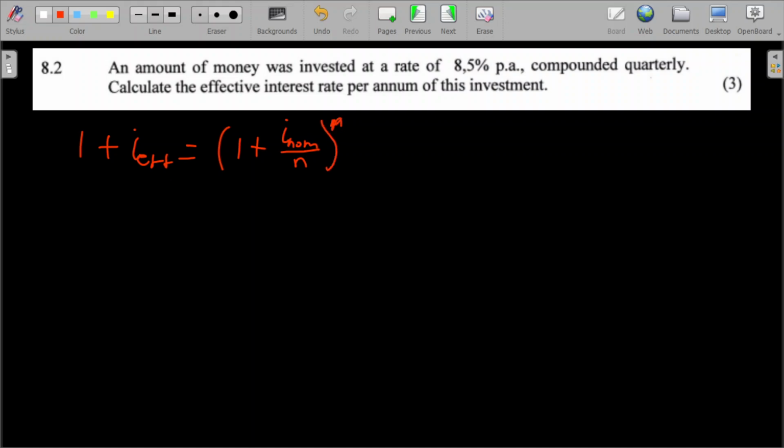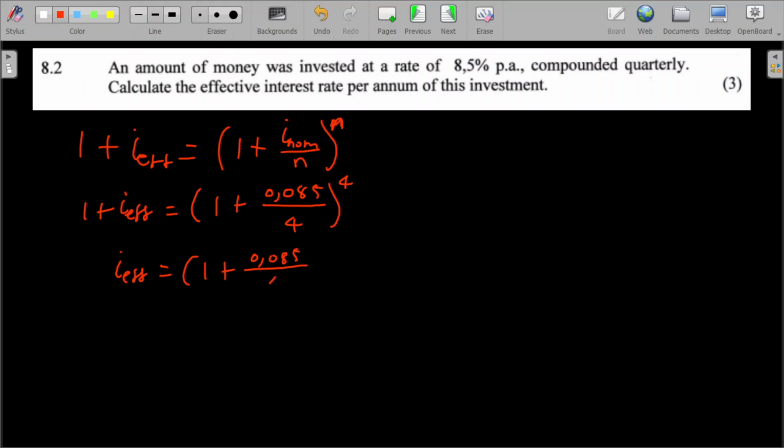So they're looking for the I effective. So 1 plus the I effective is equal to 1 plus the I nominal, which is going to be 0.085 all over compounded quarterly, so divided by 4, and then to the power of 4. Take this 1 to the other side, so that's I effective. It's going to be equal to this 1 plus